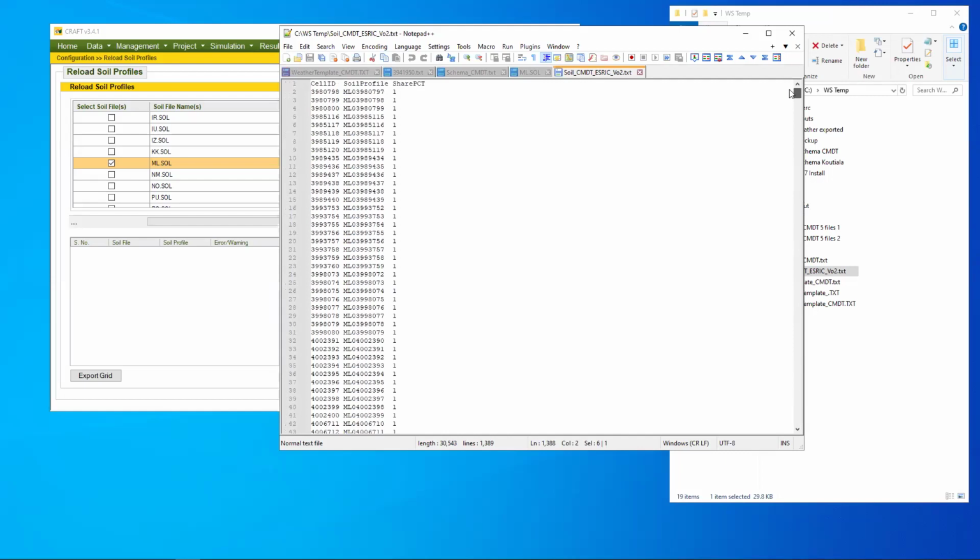For each cell, we managed to assign a particular soil profile, and the IDs you see here reference those soil profiles in the ML.SOL file. And there is a share percent. It means that this cell contains just one soil profile. If I want to assign another soil profile to this grid cell as well,